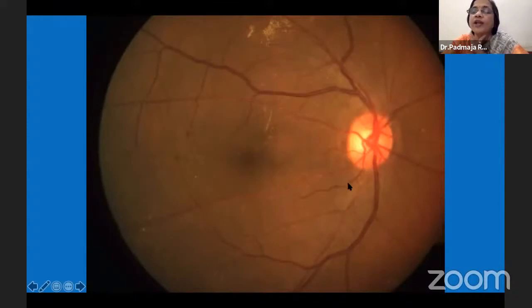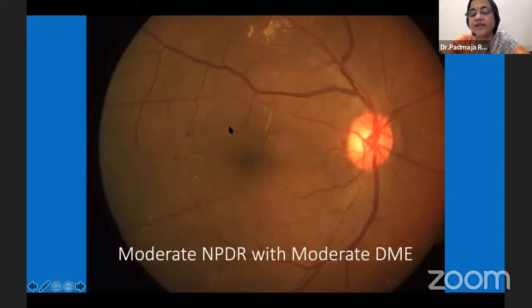Yes. And moderate NPDR you are telling, and please also classify the macular area also. So whenever you see a fundus photograph, please grade for diabetic retinopathy as well as the macular status. So is the macular status, do you think it is a mild DME or a moderate DME or severe DME? Whenever we say mild DME, the hard exudates will be away from the foveal center. If it is moderate, it will be approaching the foveal center. So very good answer, moderate NPDR, with the correct answer being moderate diabetic macular edema.